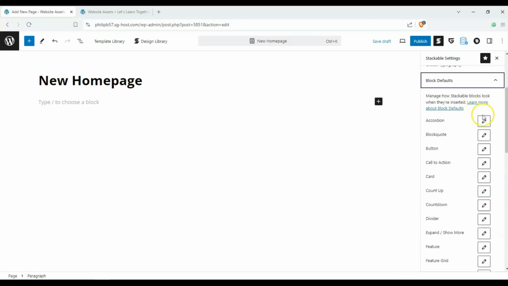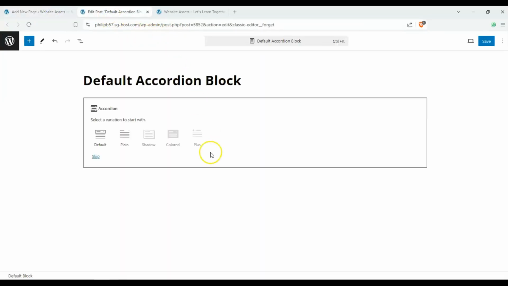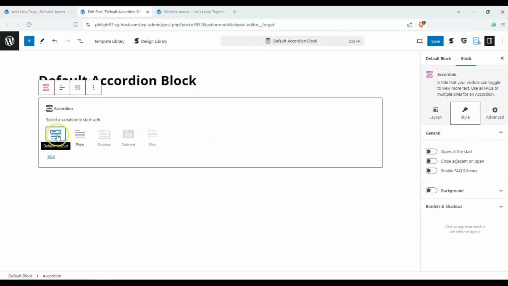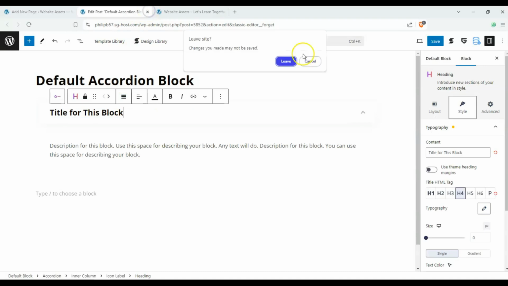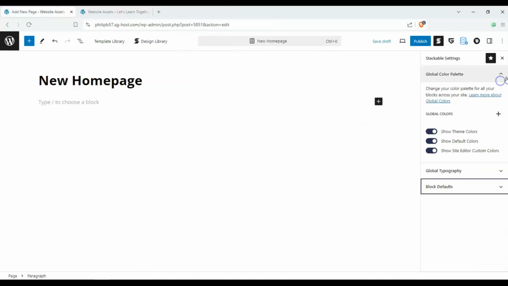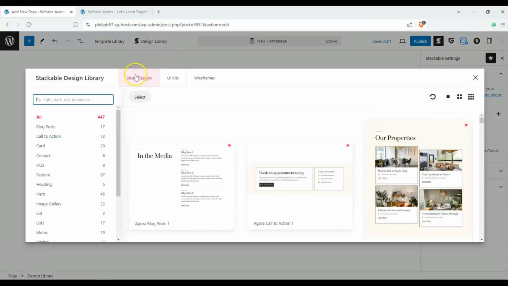And then we have default block looks, and if you clicked on accordion block, we can change up by default what the accordion looks like. Okay, all right, so let's go ahead and take a look at the design library. Let's hover over design library, click it, and you can see we have block designs over here,